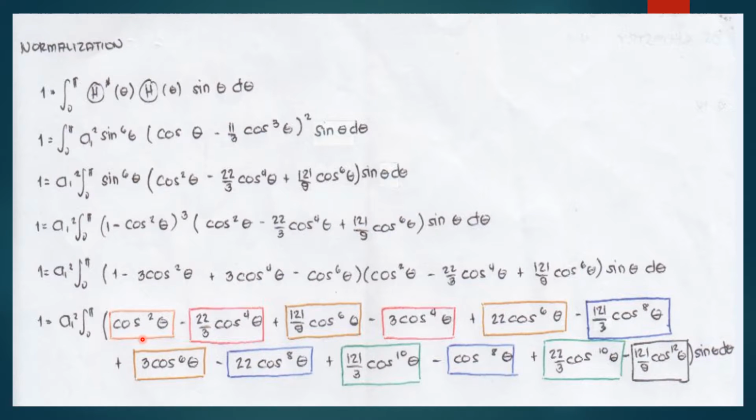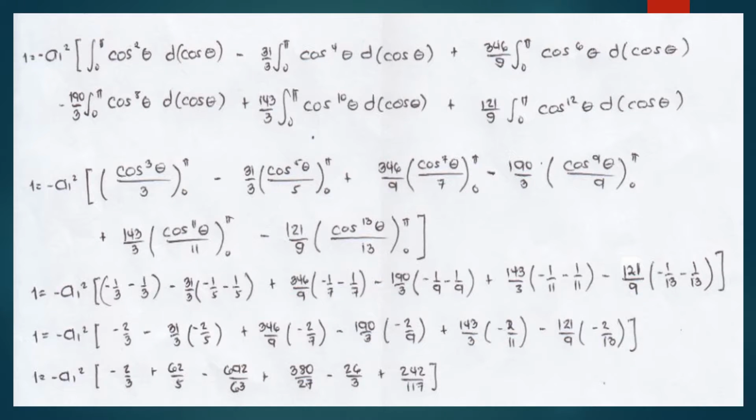Let's combine like terms with the same colors and same exponent to lessen our terms. And that will give us 1 is equal to negative A1 squared integral of cosine squared d cosine theta from 0 to pi minus 31 over 3 integral of cosine theta raised to 4 d cosine theta from 0 to pi plus